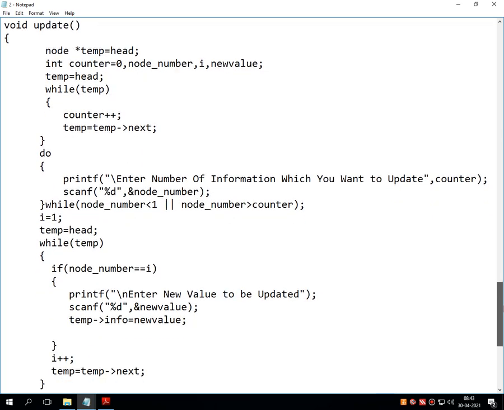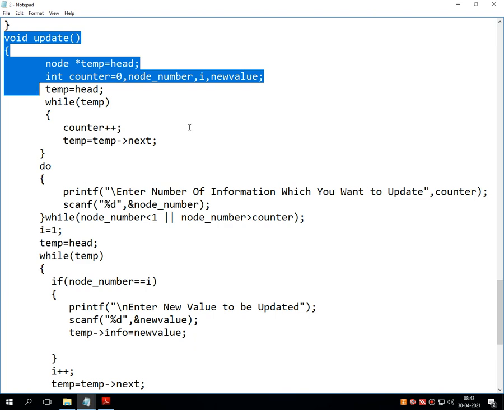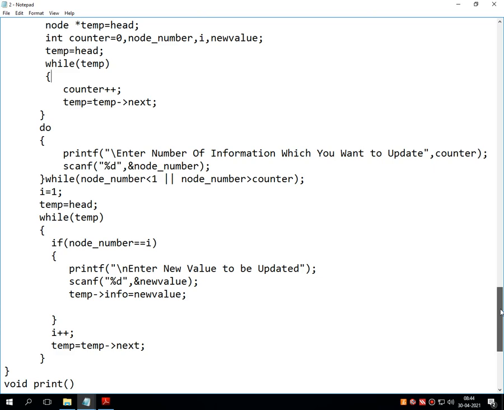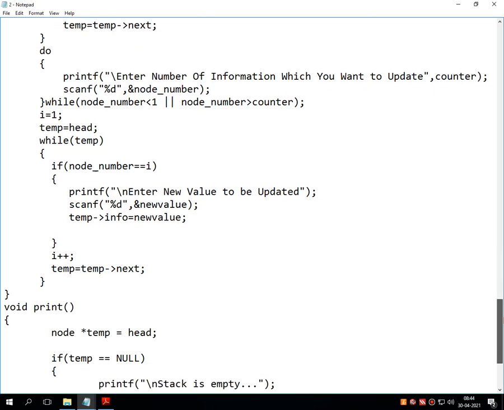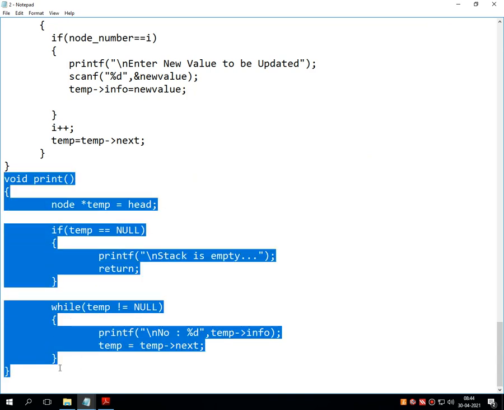Pause the video and write down this update operation. And lastly, go for this print operation.